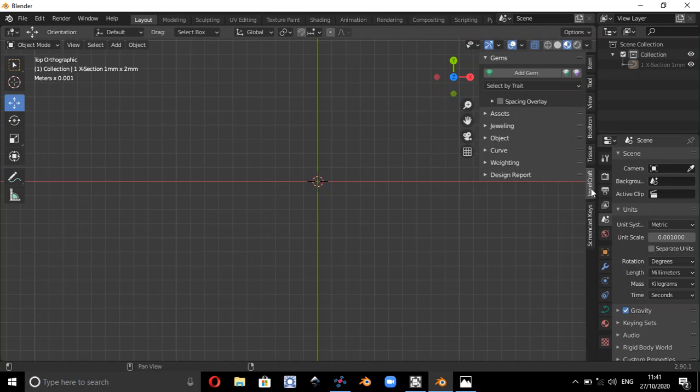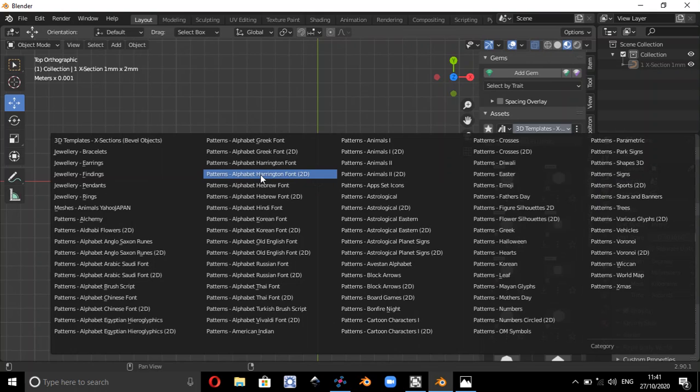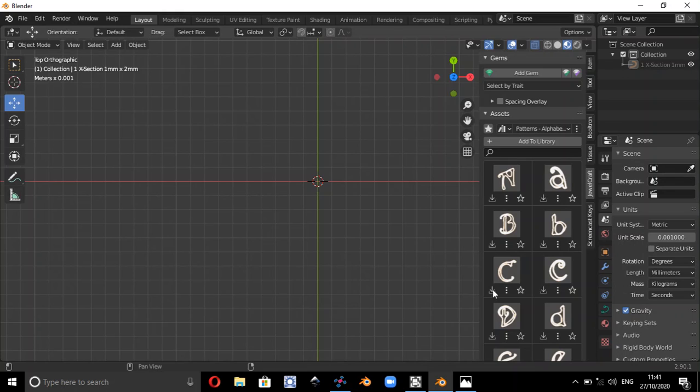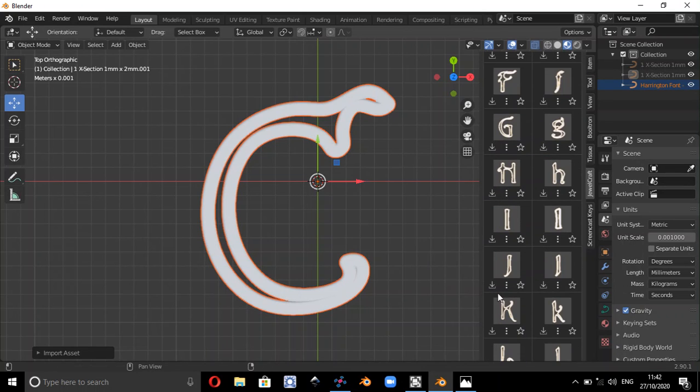Alright, so we need to go to Booltron and Asset Manager. Now I'm going to use Alphabet Harrington Fonts 2D, but before I do that I'm just going to use the Alphabet Harrington font, the default one. And if I select import the asset a letter C, my computer is running a bit slowly there, and if I import the asset J,